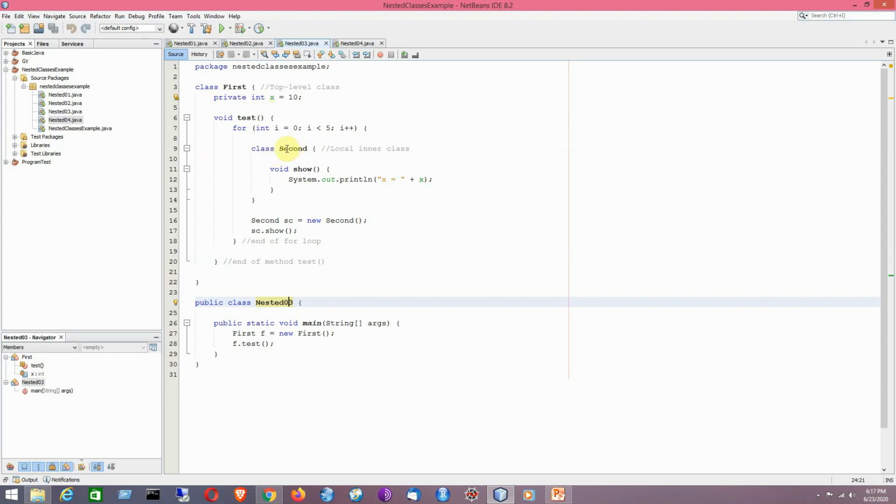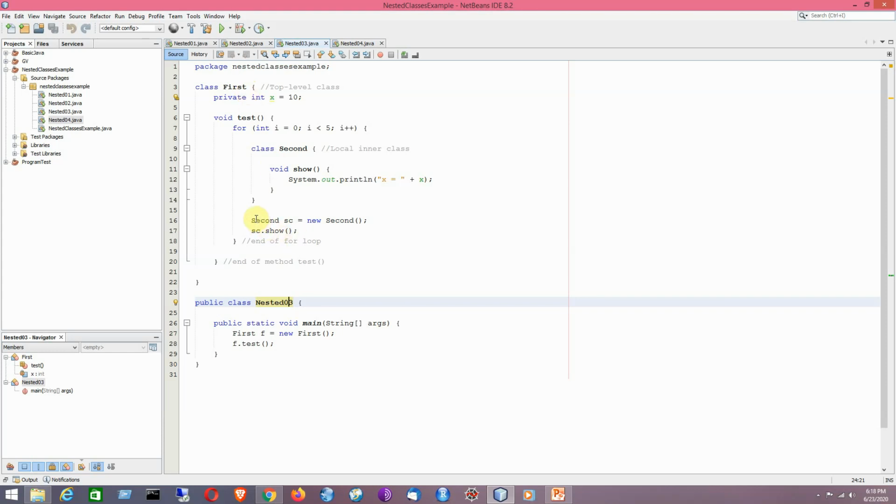Now within the local inner class named second, I have defined a method that is basically an instance method. It will print the value of x here by mentioning its name. Since it's an inner class, it will be able to access the member of its outer class. That is the basic concept that I have tried to apply here.